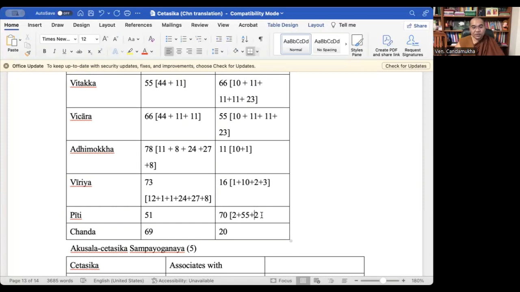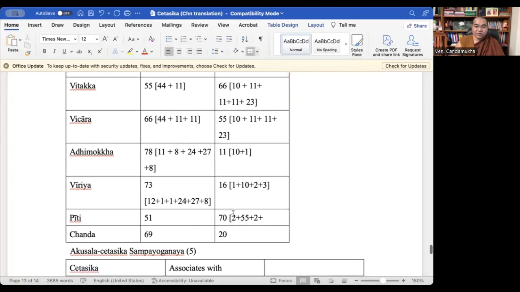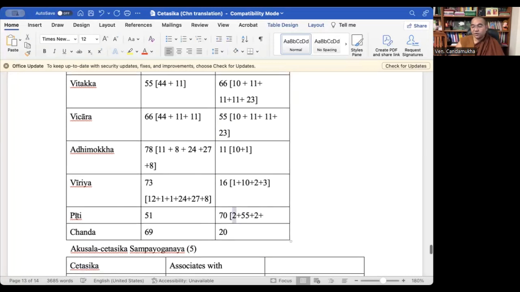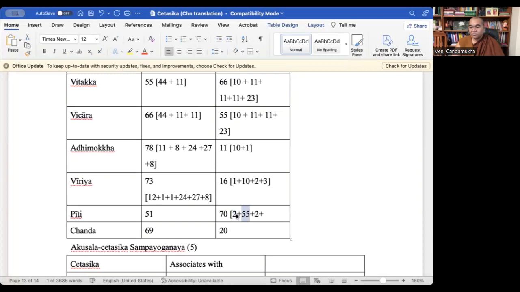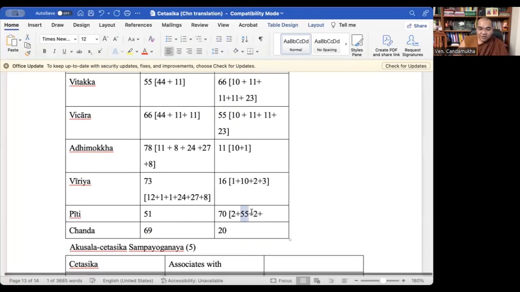PD does not associate with the sukha sahagata kaya vijnana, and then dukkha sahagata kaya vijnana. So that is natural. The first one is domanassa and PD, naturally opposite. The second one is PD and upekkha. They are also of different nature. That's why they cannot be together. They cannot be friends.